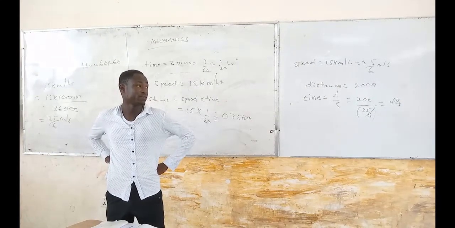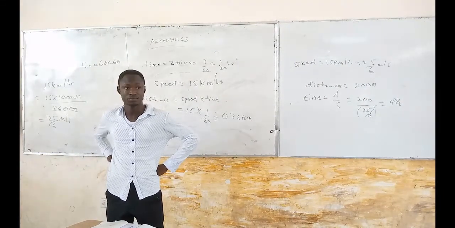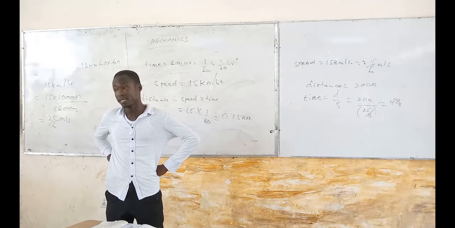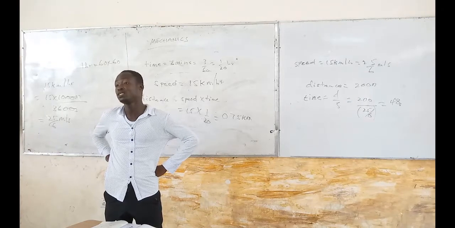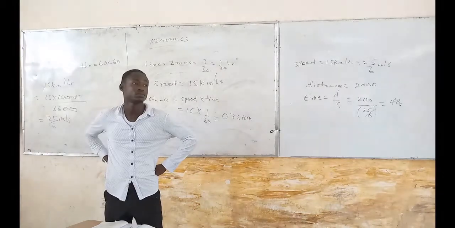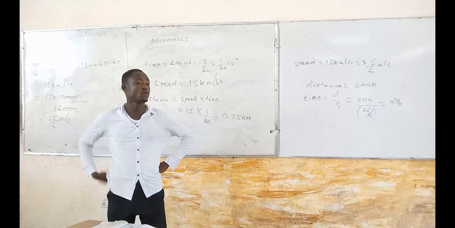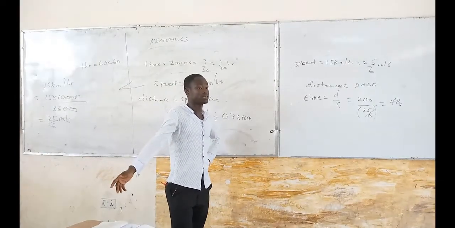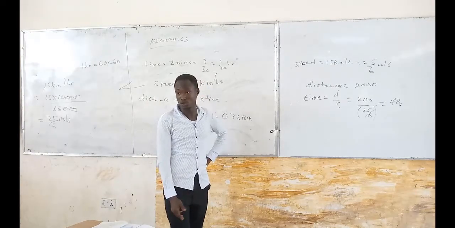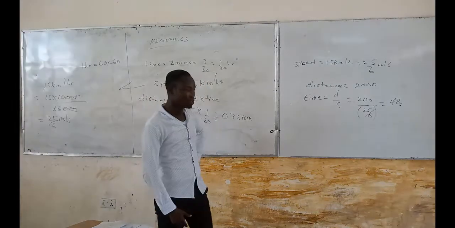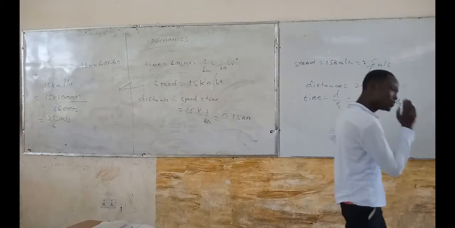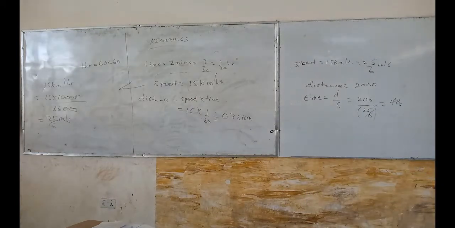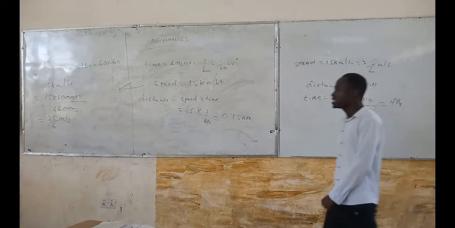Very good. So when you are defining displacement, the key word is a specified direction or particular direction. And in some books they will add from a fixed point, because when you cover a distance, you start from somewhere. That's why in some they will add from a fixed point. So if I consider here as my fixed point, and I go this way with a specified direction, that's the displacement.